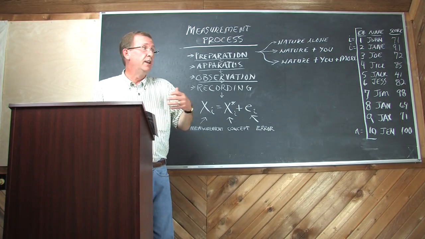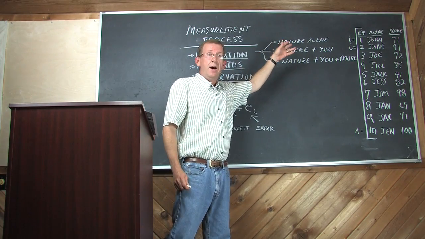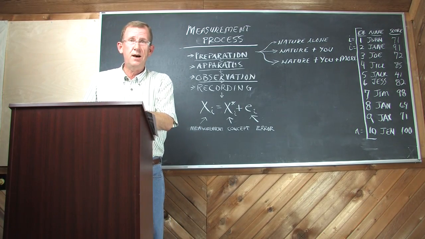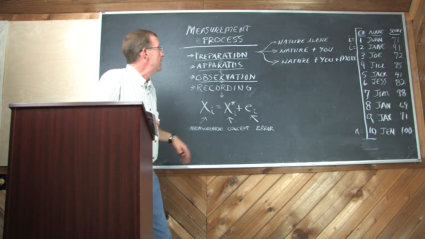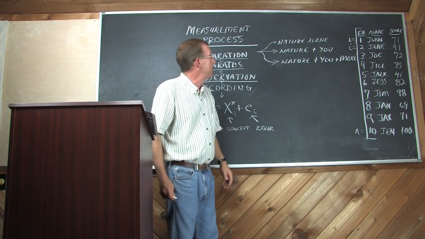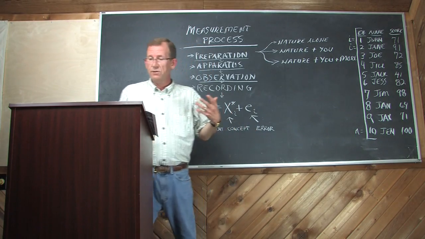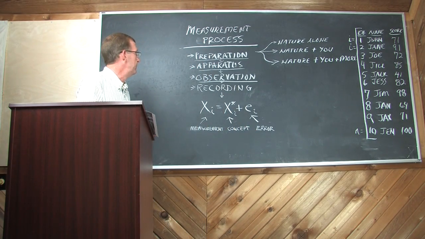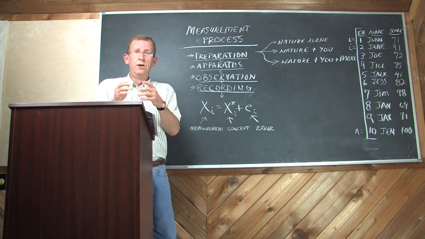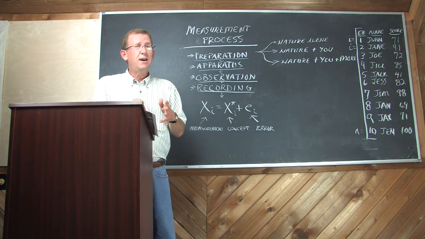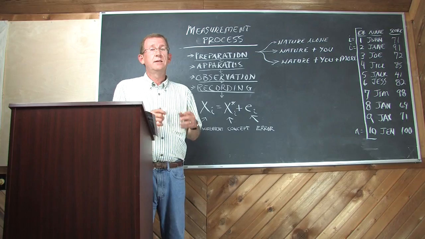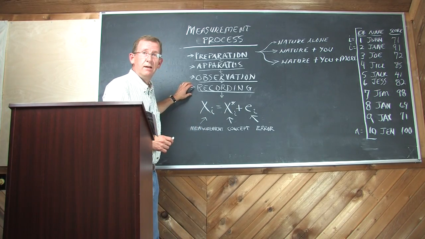Measure is observed in nature only by the person who actually scored up the justices' votes behind closed doors. It's nature and you when I get your grades in a spreadsheet and observe them for the first time. And then recording. Recording can involve nature and you, or sometimes only you. In the case of your grades, for example, your scores on the test, this is an area where I alone